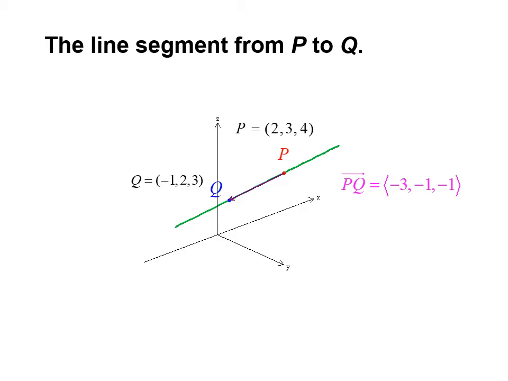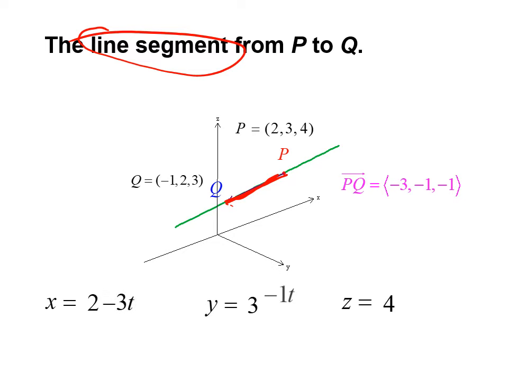Now in this one, we're going to write an equation for the line segment from P to Q. Now that's just this piece, not the entire line like we've been doing. Now the only difference is, what we'll do on this one is we'll give the parameter t some specific numbers. And so we do the same thing we did before. We take the point P, and then the direction components, only this time we specify that t is only going to be from 0 to 1, and that gets us